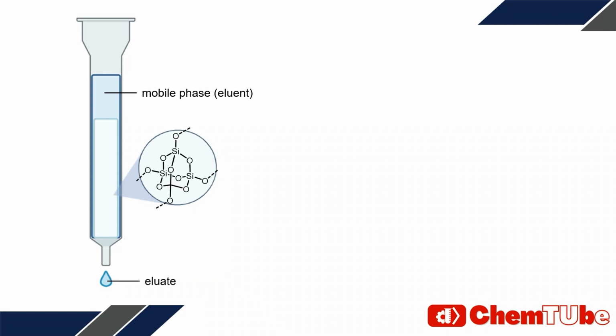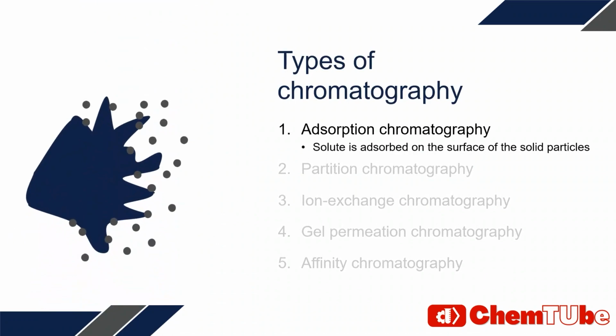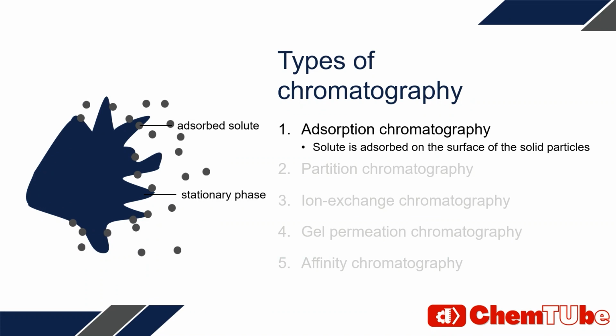Depending on the type of stationary phase, that is, the type of interaction between the compounds and the stationary phase, we can differentiate between 5 basic types of chromatography. First, in the adsorption chromatography, a solid stationary phase and a liquid or gaseous mobile phase are used. Solute is adsorbed on the surface of the solid particles. This means that the more strongly a solid is adsorbed, the slower it travels through the column. This is the most common type of chromatography, and we will cover it in a bit more detail at the